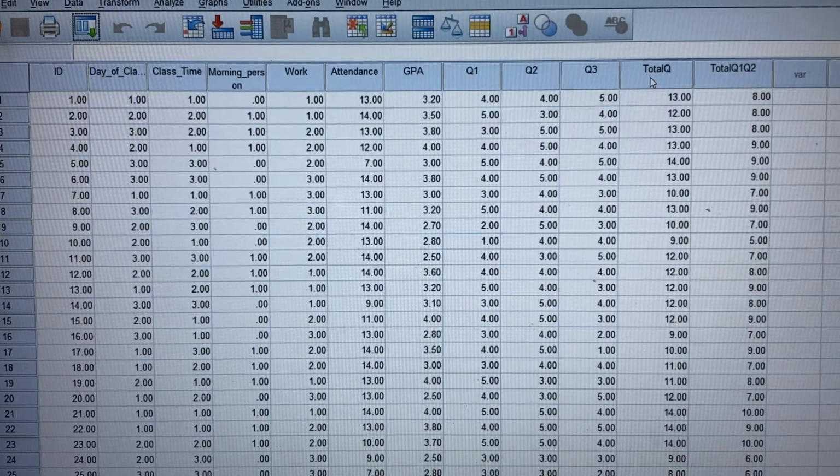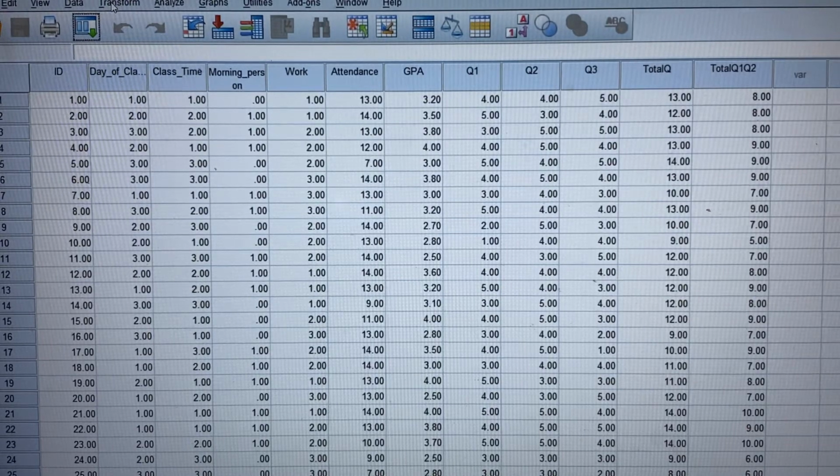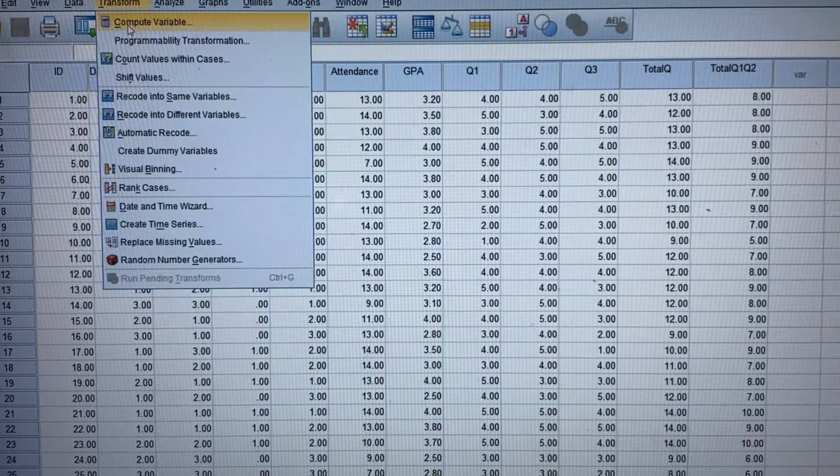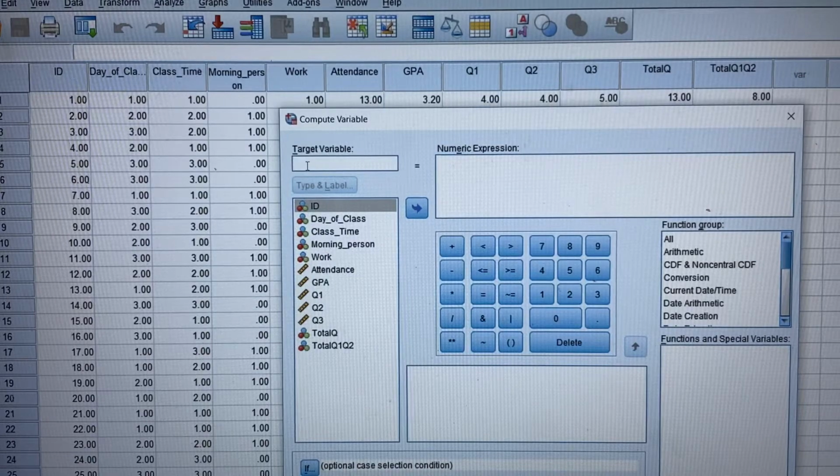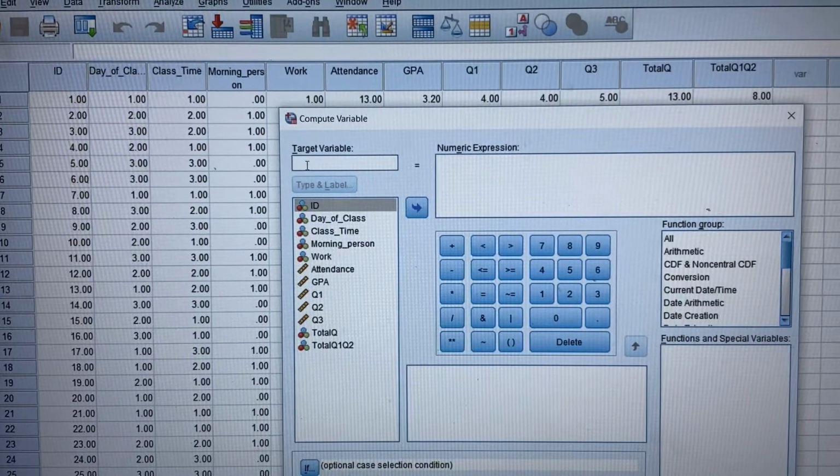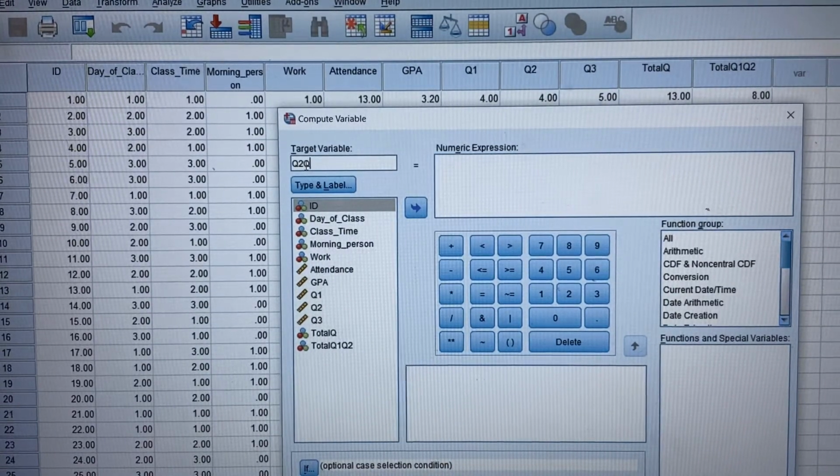Since we're already here, I want to make sure you remember how to do this. This has nothing to do with Cronbach alpha, but let me just show you one more time how to get this total scale. Let's demonstrate how to do the total for Q2 and Q3. You go to transform, you go to compute variable, and for example, if I want to get Q2 and Q3,